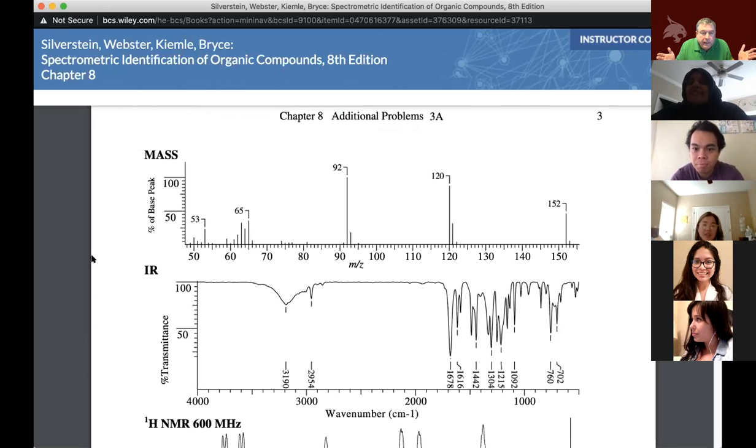Okay, I don't see any halogens. I see a pretty decent peak at 152, so I think that might be our parent ion peak. Divided by 13, that starts with our empirical formula around 11 carbons. Let's see, 11 carbons. So that's 152 divided by 13, 11 times 13 is 143, which gives us a difference of 9. So C11H